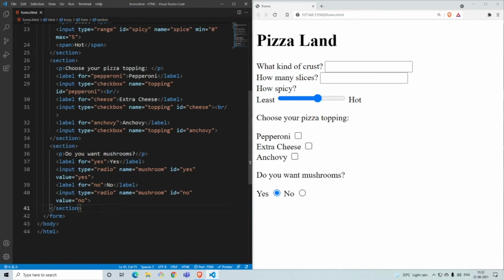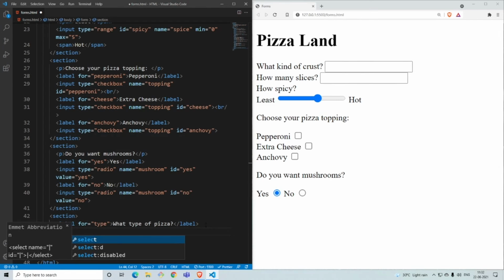Sorry about that. Now next we'll be doing is called a drop down list, which is like you give them various options. So let me show how that works. Give the section, and then we'll give a label, and this label is for the type of pizza that you want. So we'll say type, and we'll ask what type of pizza. This is a drop down list where you can have a lot of options. So how this works is you'll have select, and inside the select tag you have options.